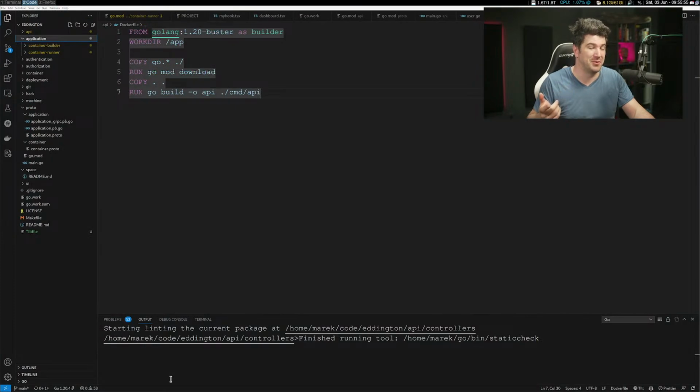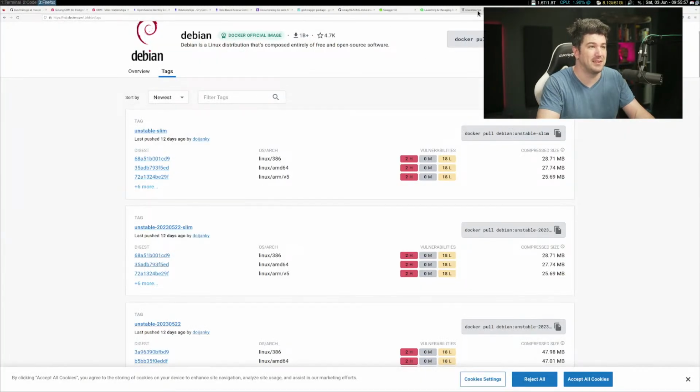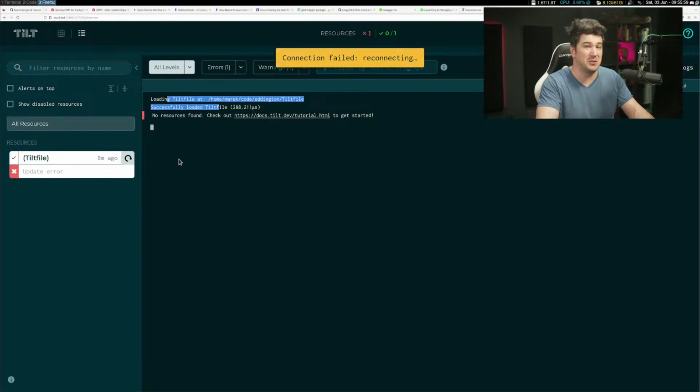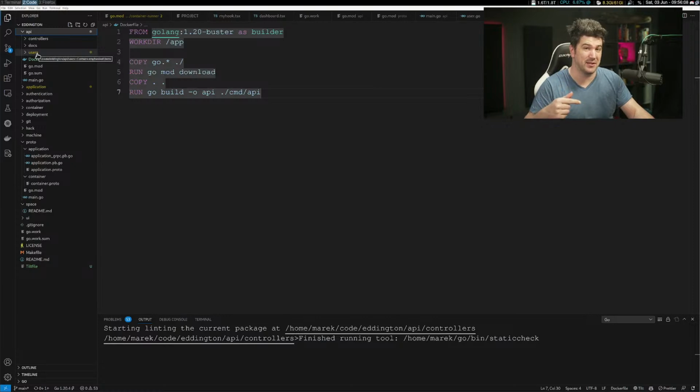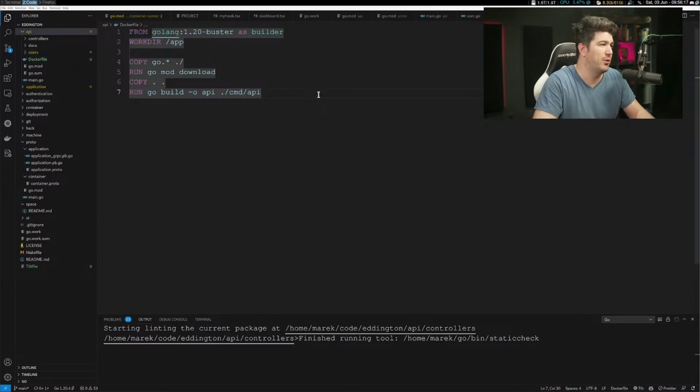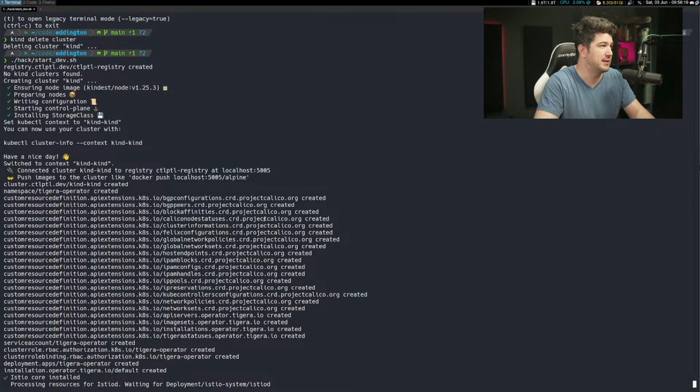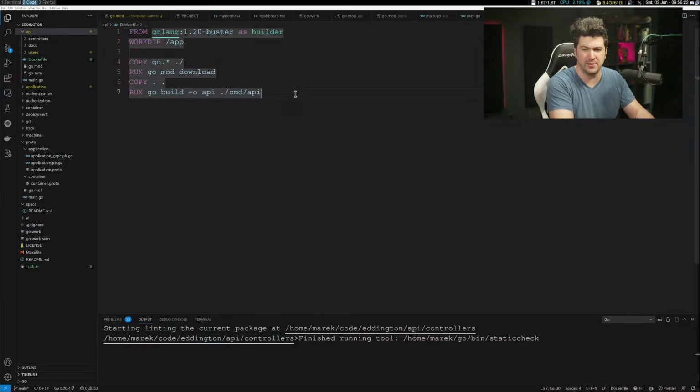it's also a really nice way because the other thing that will happen is this will watch your files. So if we go in here and change something in the API, it's going to actually rebuild the container and redeploy it into the Kubernetes cluster, which is pretty fantastic. Okay, while that's working, while this is starting our new development experience, we're going to do